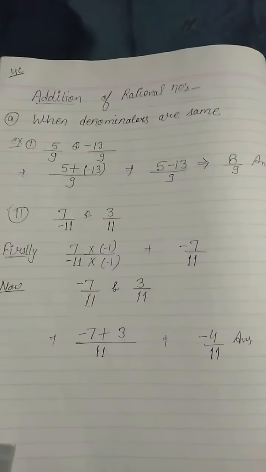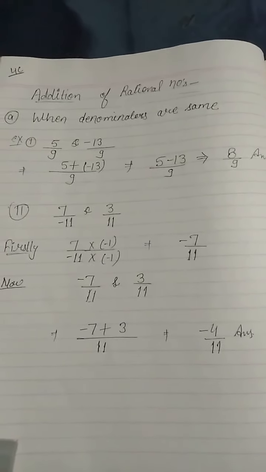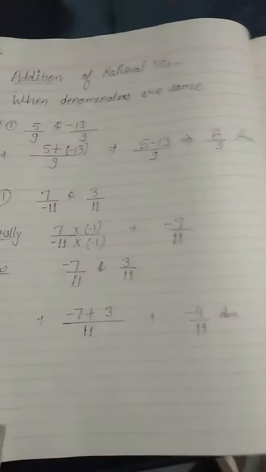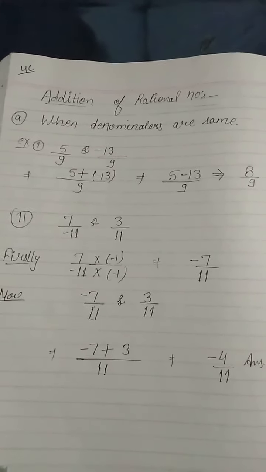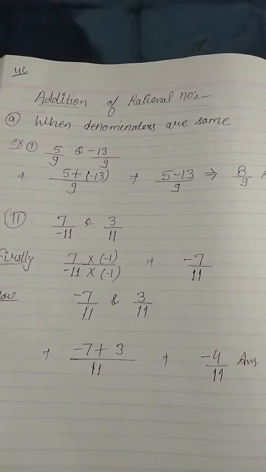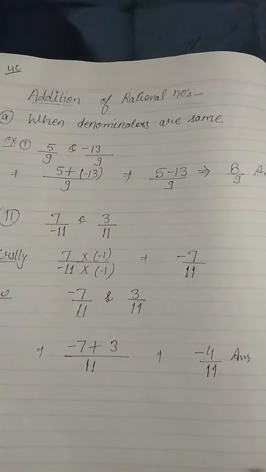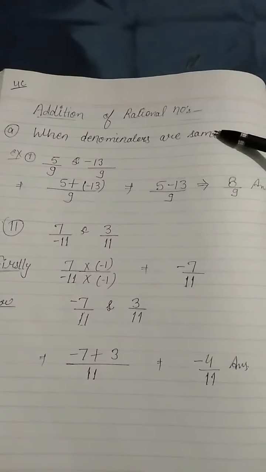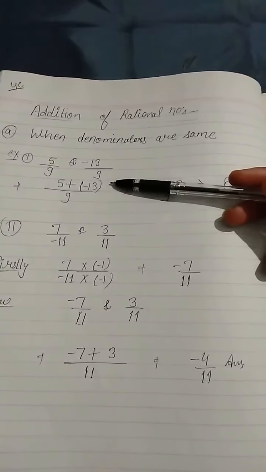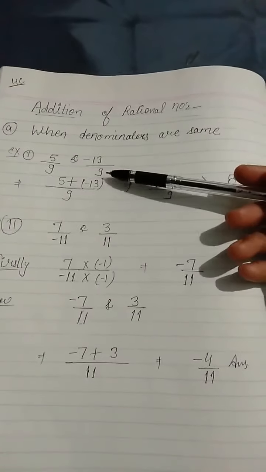Hello students, now we are going to start exercise 4C, addition of rational numbers. There are two methods of addition: if the denominators are the same, and if the denominators are not the same. So when the denominators are the same, like 5 upon 9 and minus 13 upon 9, here the denominators are the same, like